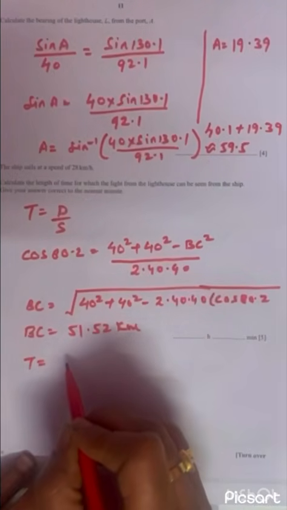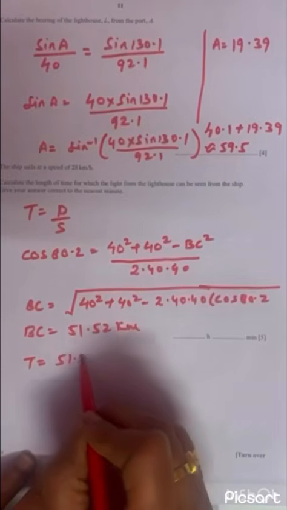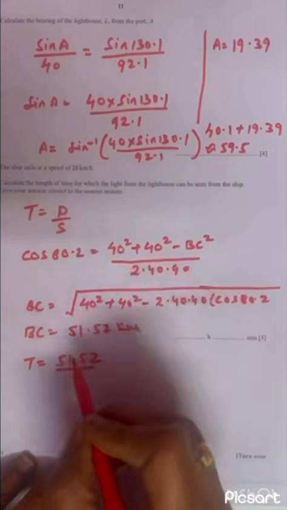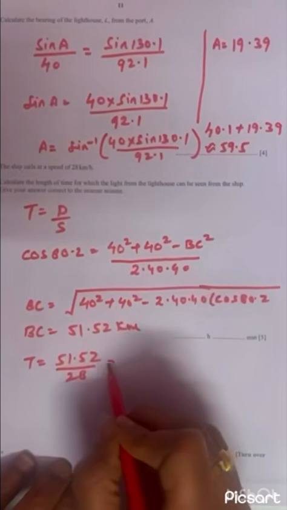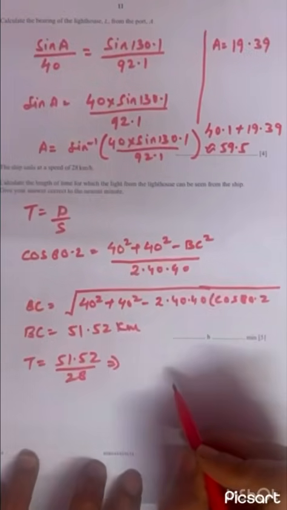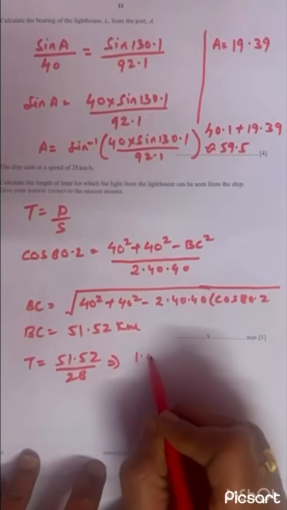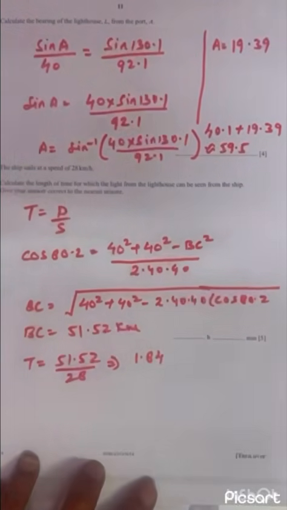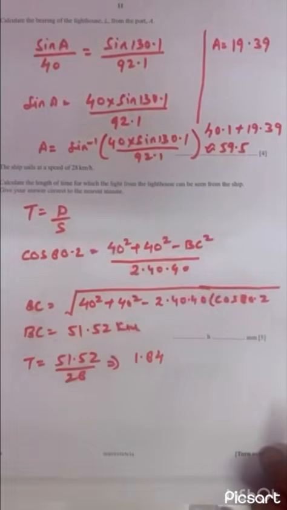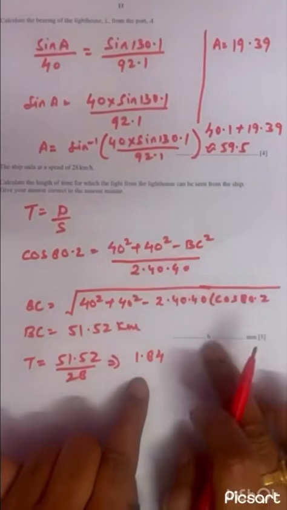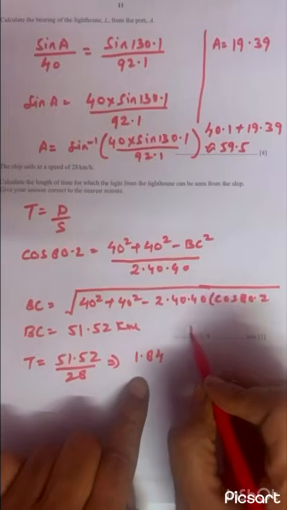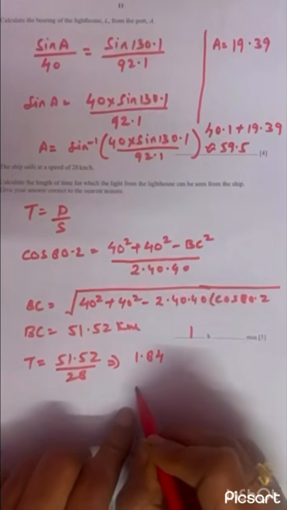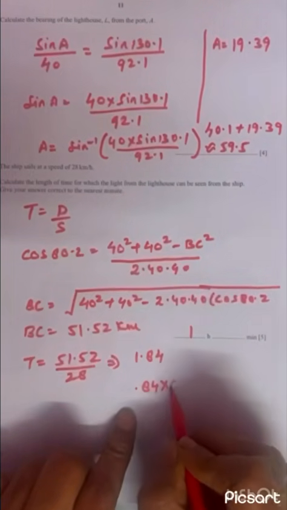Now I will calculate time. Time is distance, and the distance is 51.52, that is BC, divided by 28, and on calculating it, I will get approximately 1.84. But then this is not the answer for you. I know the hour, definitely it will become 1 hour. And then 0.84, I need to multiply by 60 because I